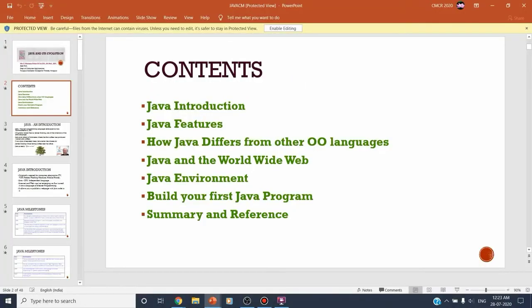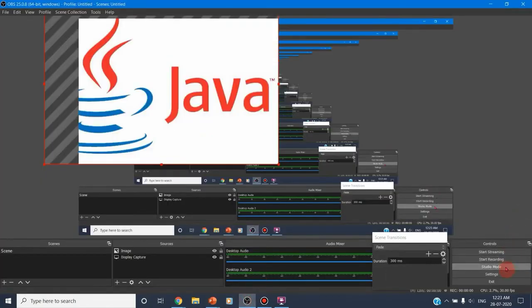Before starting the presentation, I should click on the record option, and in the recording option there are many other basic settings. Already we have posted a video on OBS which is only for live streaming. OBS supports both live streaming and recording, and both options are completely free in the OBS software, Open Broadcaster Software. I need not press start streaming. I should press start recording.